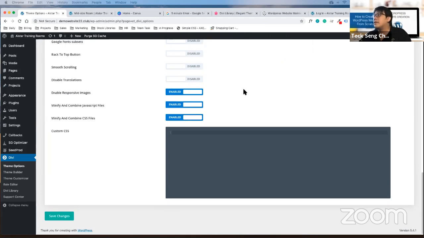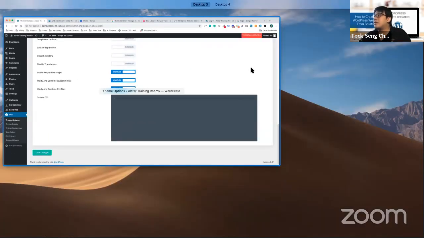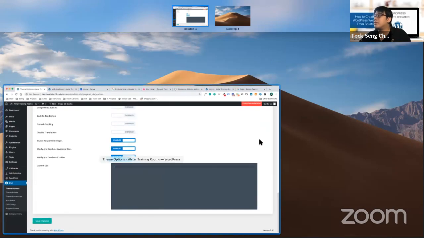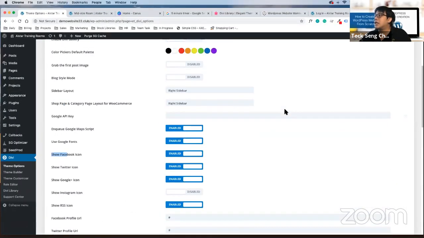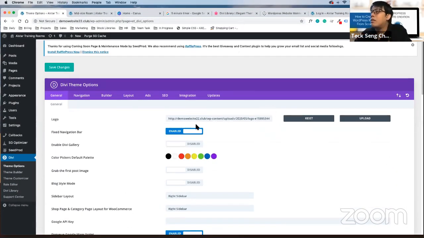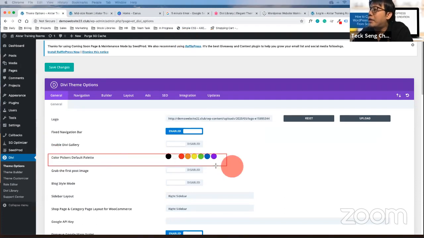Other than that, sorry, I missed out one more thing. Over here on the top, you can see that there's this color picker. Whenever we pick color, they always have this color picker for us to pick.